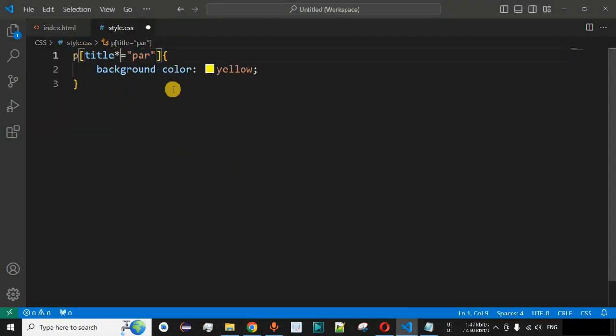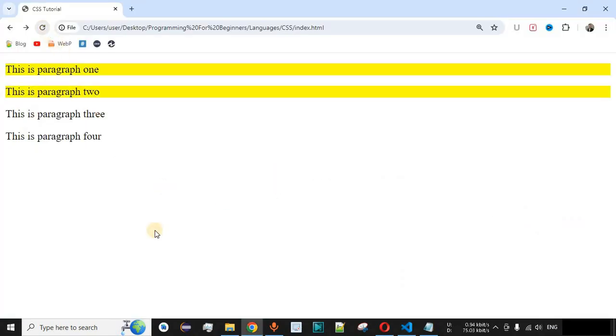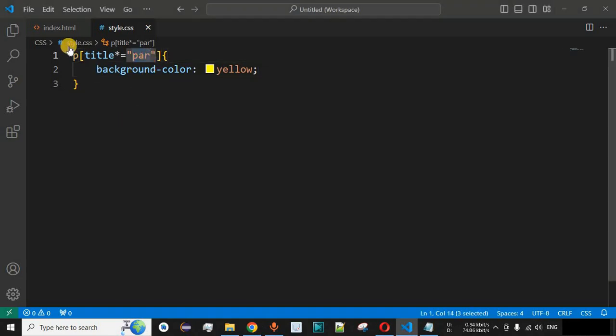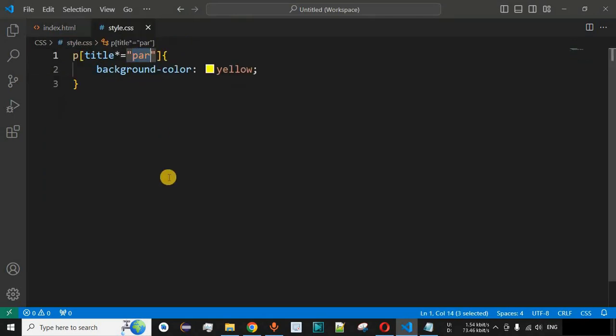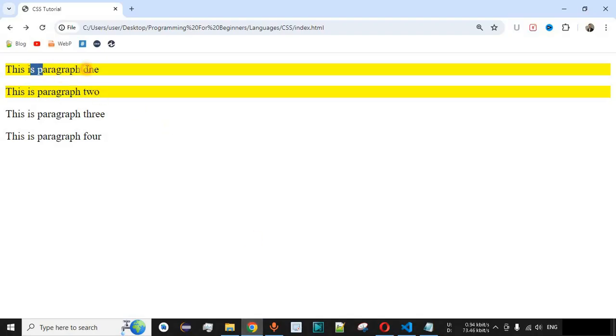Basically we can use the star character followed by equal to, and then we can provide the substring of any of the words present as the value for that particular attribute of the HTML element. Now if we save this file and try reloading this page once again on the browser, as you can see, the title par is present in both paragraph 1 and paragraph 2, and this is the substring that is getting matched, and that is why we have the background color as yellow for both of these paragraphs.